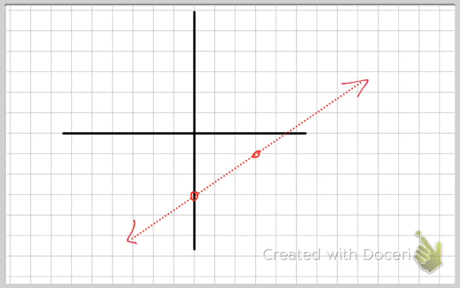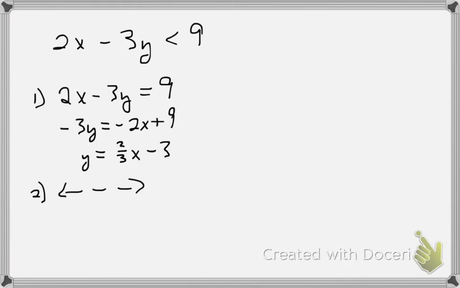with a dashed line, which I have a tool for so I can show it off. It's a little dotted line there. I didn't know you'd not seen that before, and now I get to show off. All right, but it wasn't an equation. It was an inequality. So the last thing we have to do is